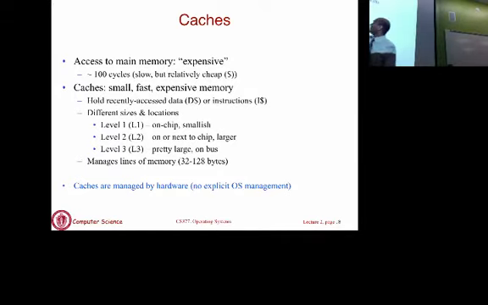It's the same thing I mentioned here: L1 cache is typically on chip, it's small. L2 cache is next to the chip, it's close by and it's larger. L3 cache is pretty large, but it's on the bus, so you have to go on the bus to access it. So things slow down as you go down the hierarchy. But the thing to keep in mind, as I mentioned, is that caches are not explicitly managed by the OS. The OS doesn't decide what goes into a cache. Okay, that's automatically decided by the hardware.